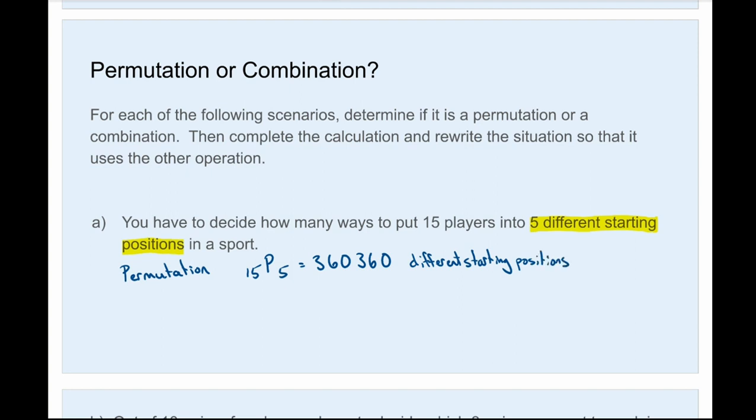In terms of rewriting the situation so that it uses combinations, or in other words, order doesn't matter, it could be something of an example of, let's say, how many different teams of 5 can you choose from 15